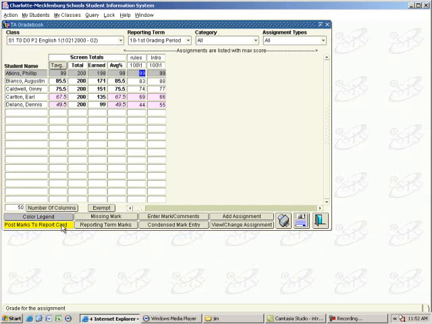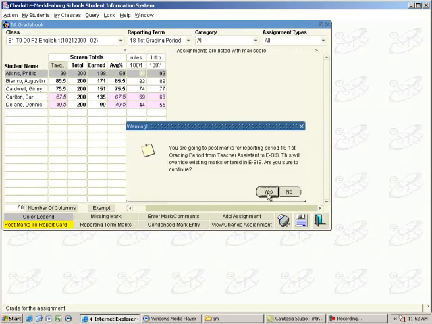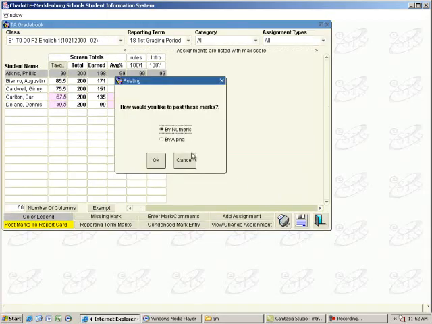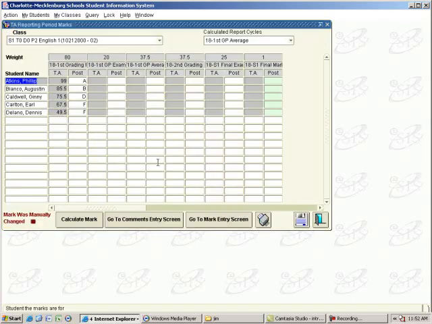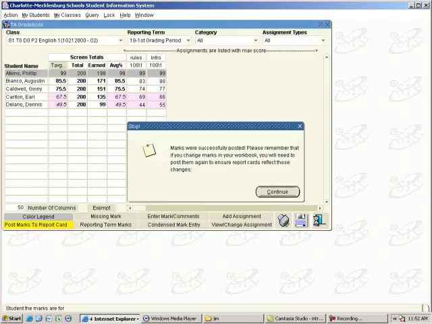So we simply come down to the bottom left and click on the yellow post marks to the report card. You're always going to get this pop up, and you should always say yes if you're overriding marks, and you're going to click alpha every time, and then we've simply posted the first grading period grades right here in this column. So that's done. We go out the door,